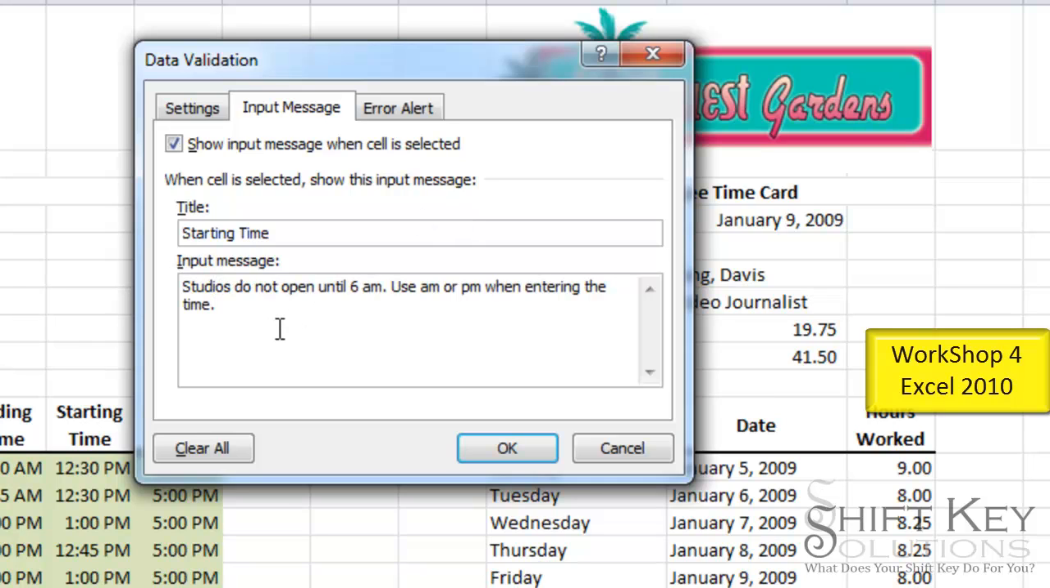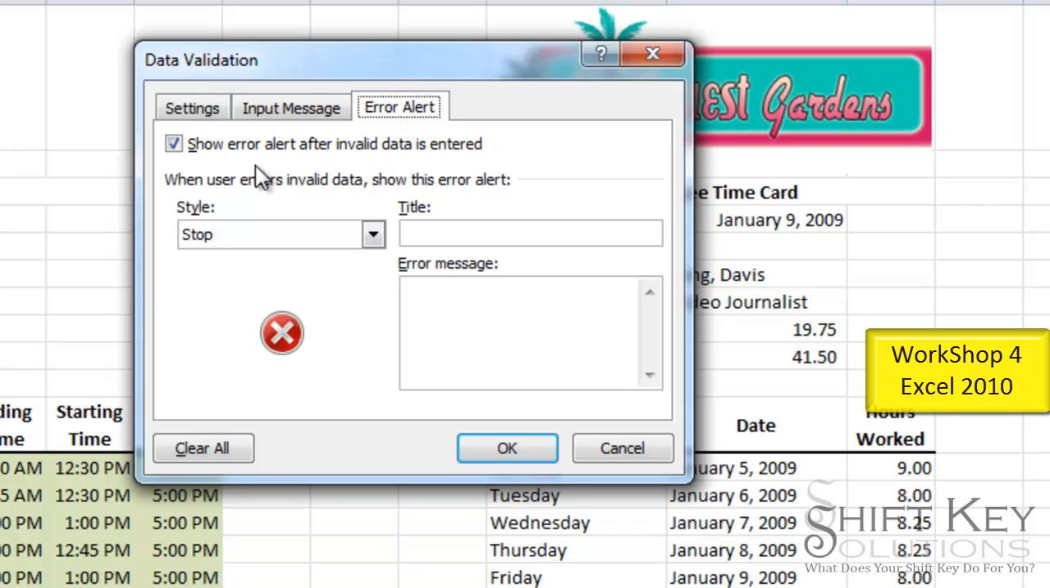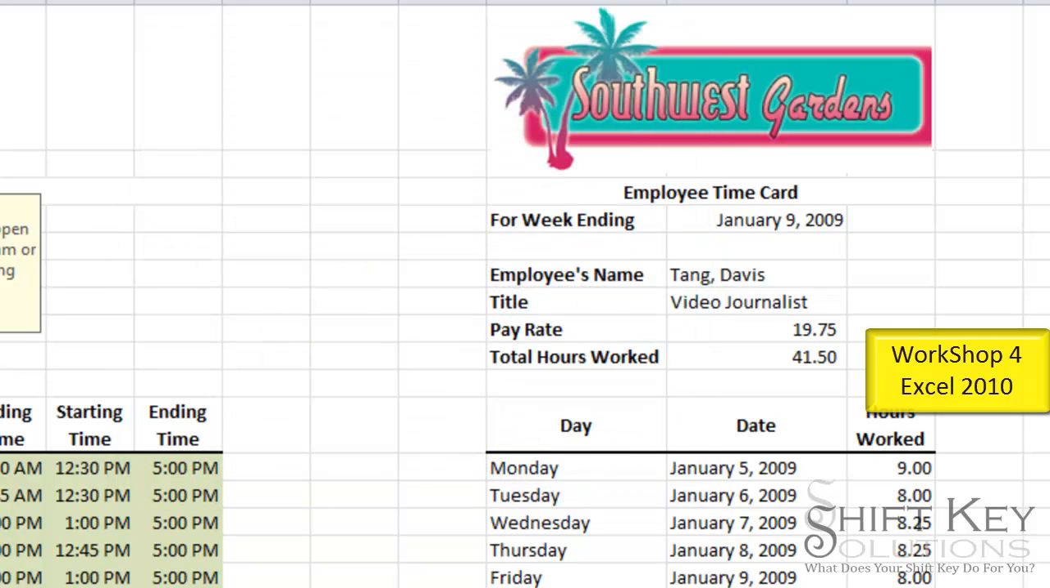When I'm finished typing the input message, I'm going to go to my error alert tab. I'm going to make sure that the checkbox is selected and the style stop is selected, and the title of this I'm going to put in time not valid. Press tab, and here's my error message that will display to the user when they put something in wrong. It is as follows. When I'm all done typing that, I'm going to make sure everything's correct and then click OK, and there's my